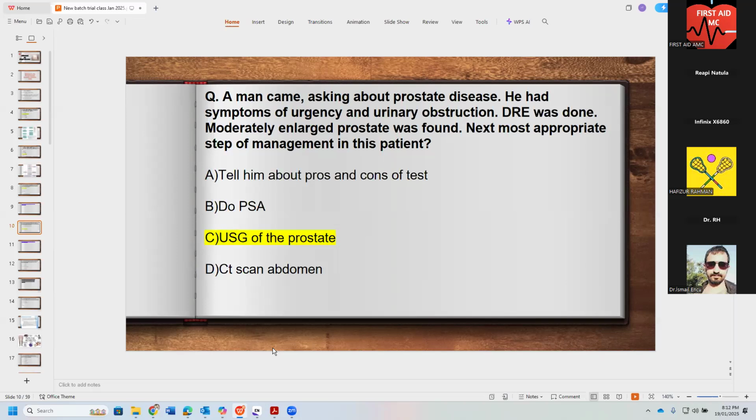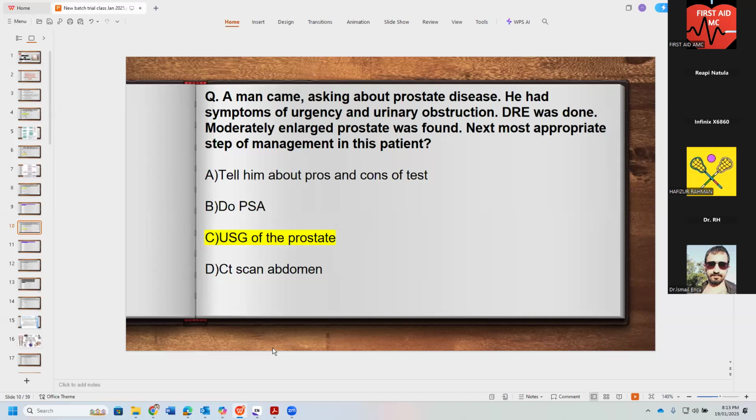Yes, ultrasound will help. For example, BPH is a very homogeneous appearing prostate, whereas in cancer, it is a heterogeneous appearance on the ultrasound. PSA is not very specific because it can be raised in infection. So if you do a urine analysis and RFTs and ultrasound, and you find everything is fine, then you will go towards PSA, that maybe it's associated with cancer. PSA is not very specific for BPH.